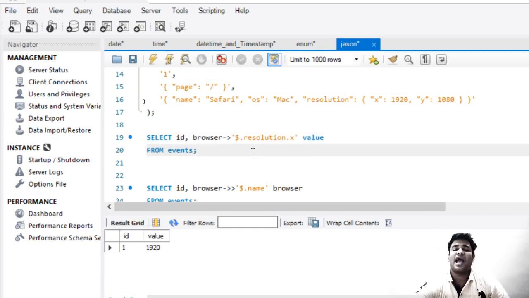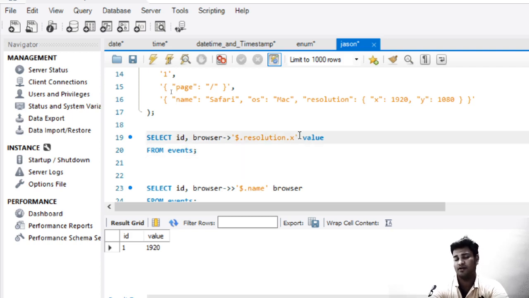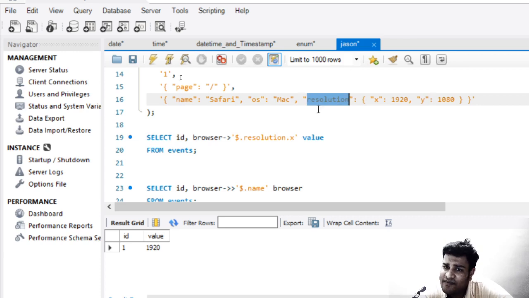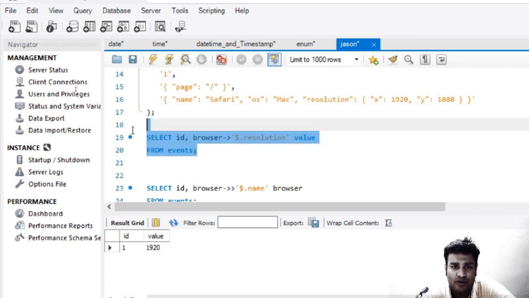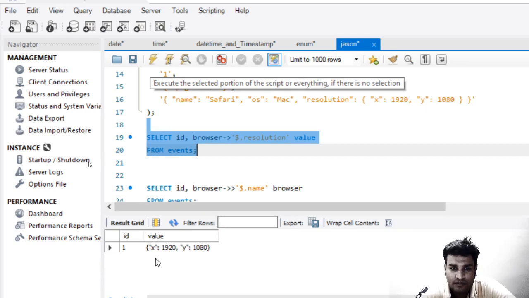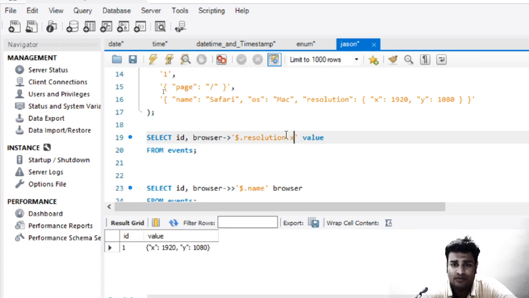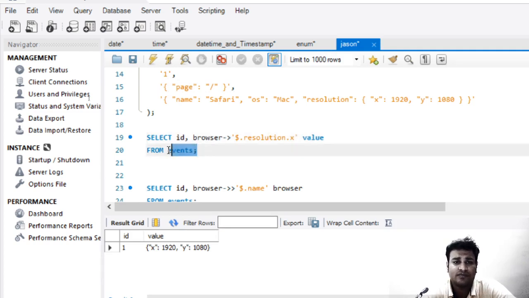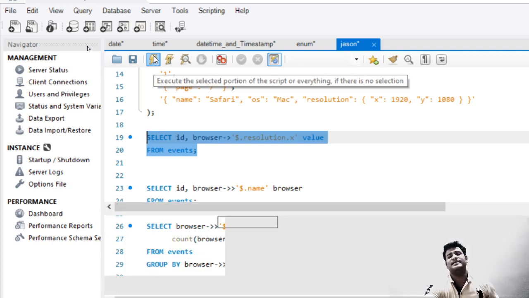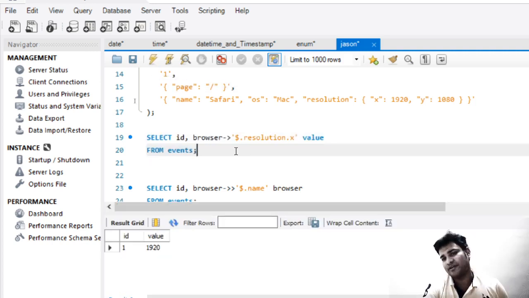You see, sometimes we have to do hit and try. I was not knowing this. I did not make sure that I would tell you this. But yes, I first tried this and it showed me an error. Another thing is fetching the inner value. This was giving me the entire value, which was this, but I wanted the value of X inside resolution. So sometimes you have to play hit and trial, and when you do, you will find things by yourself.